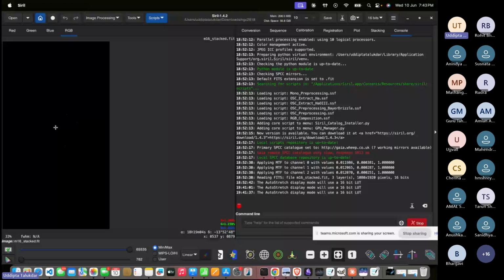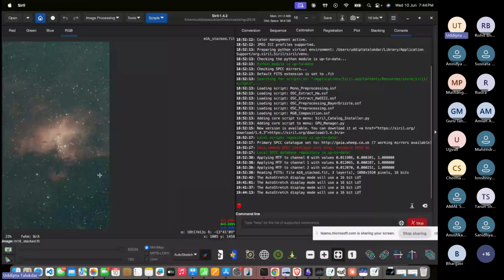Now, again, stretching is important because without stretching, the nebula looks black, galaxies look invisible, and dust lanes just disappear. Most of the hours of exposure seem wasted. So before stretching, there is one more thing that we need to do, which is called background extraction. For this, I will use auto stretch, that is the preview mode. So now here you can observe